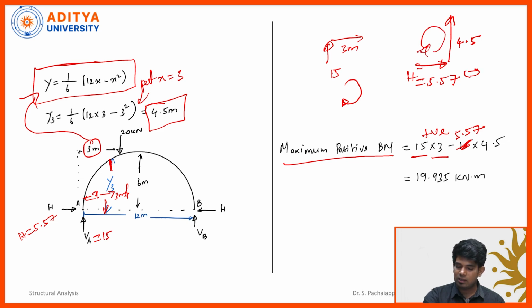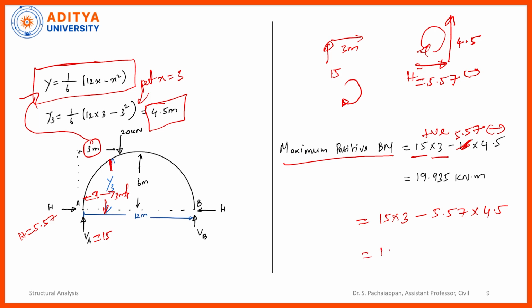That's why we have the negative sign for the minus of 5.57 into 4.5. So once again I will rewrite this here for clarity, that is 15 into 3, minus 5.57 multiplied by 4.5. So the total value is